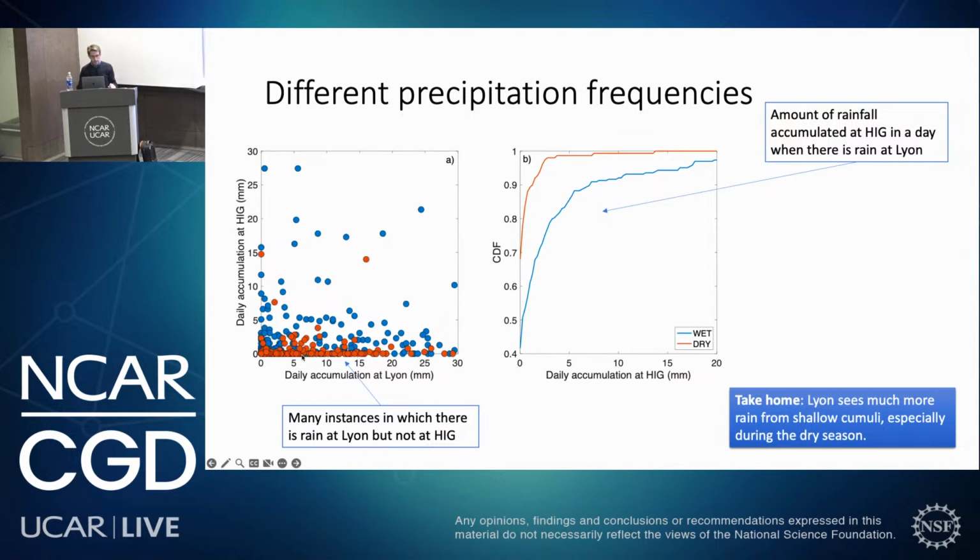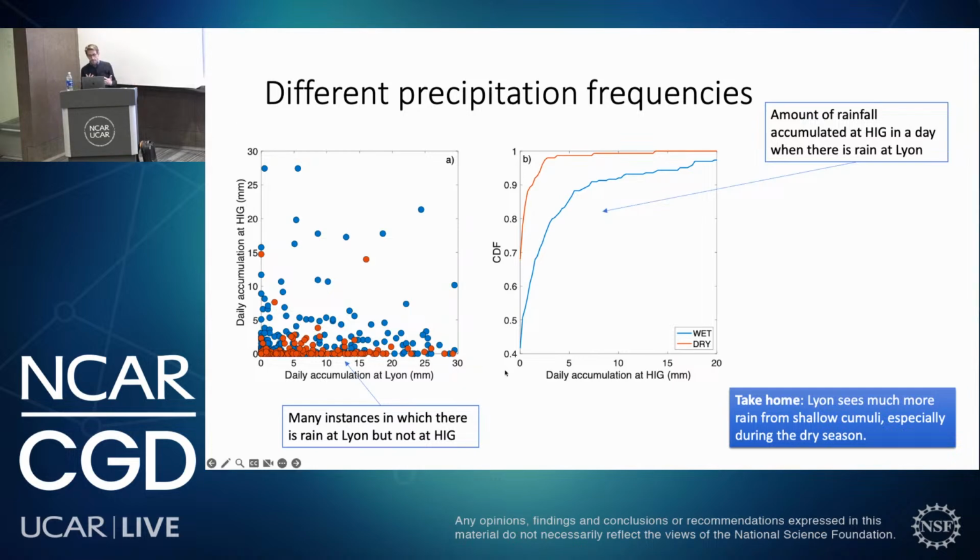And you see that for many days in which we have daily accumulation at Lion of 10, 15, 20 millimeters of rain, on campus we have less than 5 millimeters of rain. The graph here on the right panel shows exactly the same information, but as a cumulative distribution function. And you see that, for example, during the dry season, there's about 70% of the times when it rains at Lion, it's not raining on